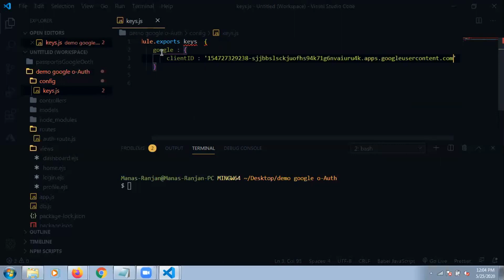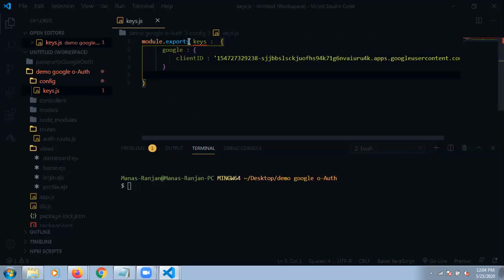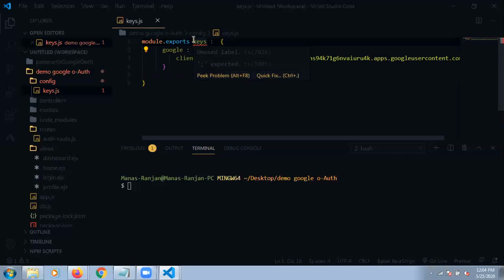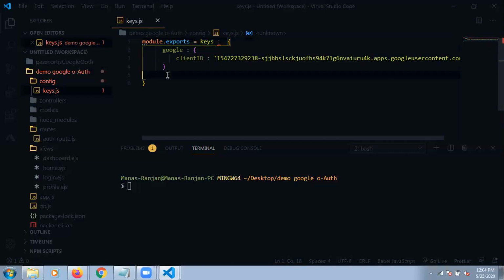So the client ID will be like this. Since it is an object, keys having some property, Google having some property, keys.google.